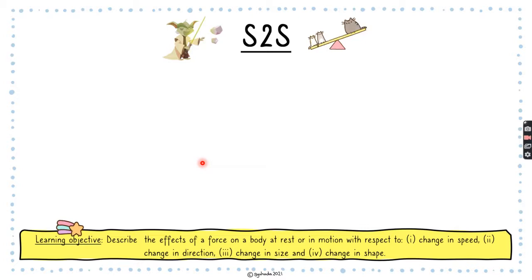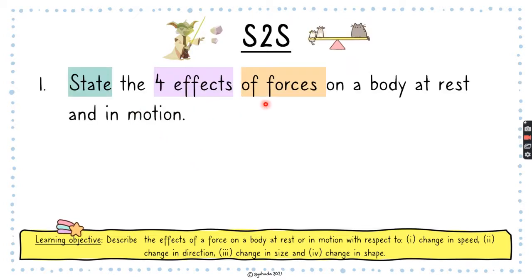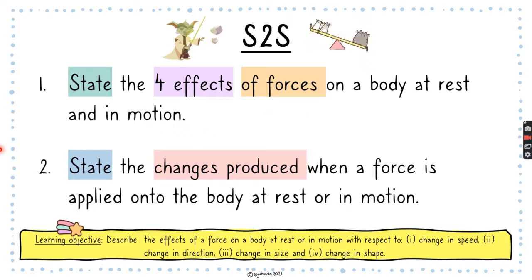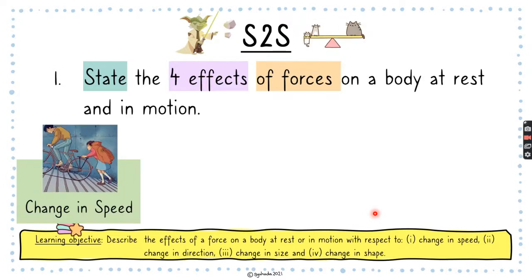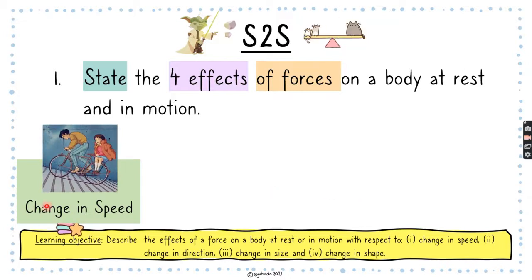And that is the end of today. So let's check out our step to success. So firstly, state the 4 effects of forces on a body at rest and in motion. Secondly, it was to state the changes produced when a force is applied onto the body at rest or in motion. So to answer the first step to success, the 4 effects of forces, firstly, is you can change the